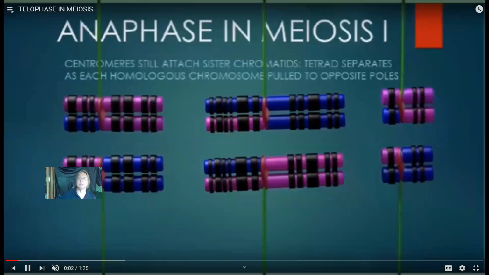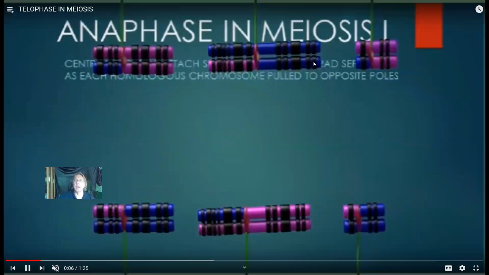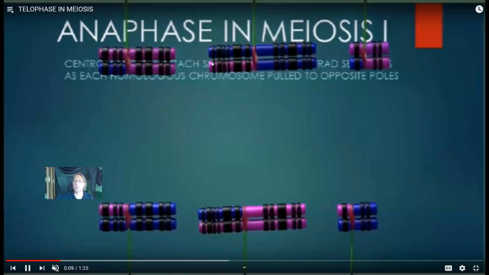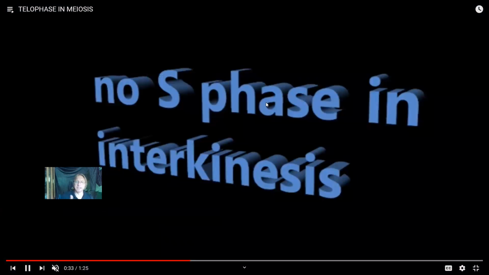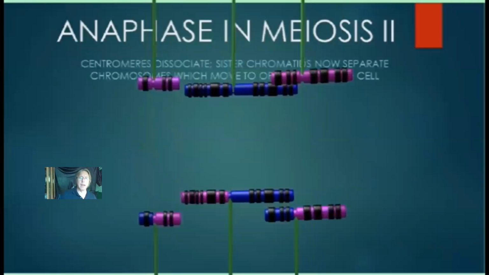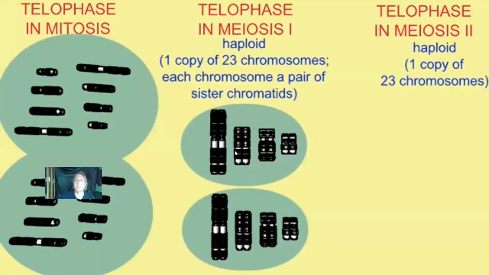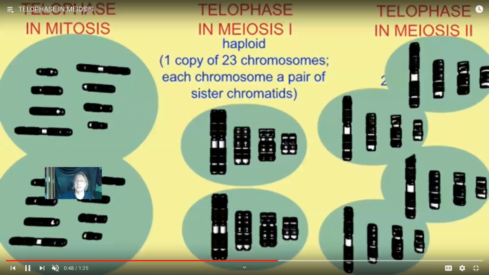In telophase, now we have separated chromosomes that we can simply wrap in nuclear membranes and form a new nucleus. In meiosis, the first telophase will enclose these chromosomes, but once again it is said to be a reduction division, in that there will be just one of these chromosomes here, one of these chromosomes here. These are not considered separate chromosomes yet, because the cohesins have not been cut. There is no S phase in the split between meiosis 1 and meiosis 2. In meiosis 1, one cell divides into 2, and then it will start another round of cell division, but there is no S phase, so there are no additional sister chromatids